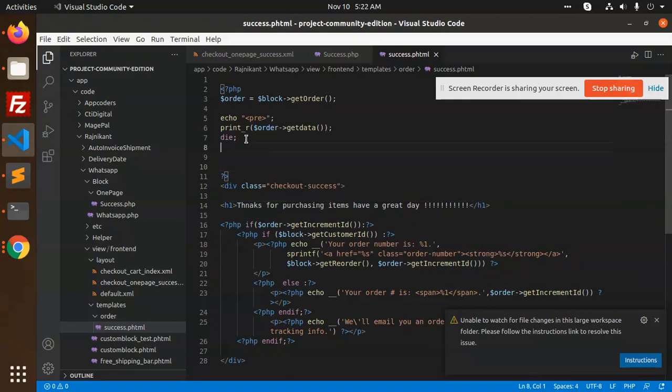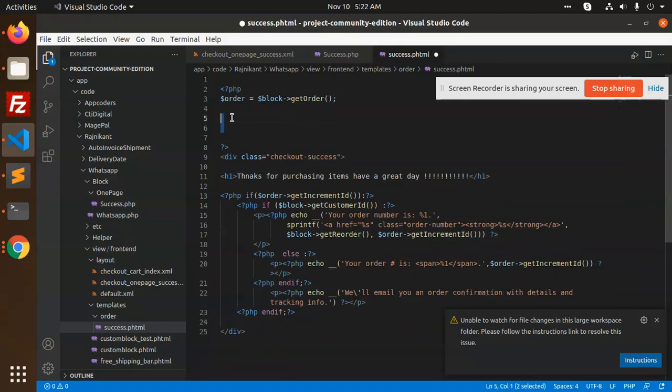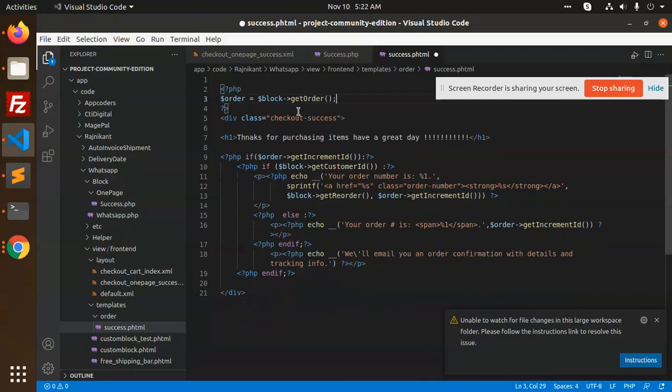I'm adding this block, because we need to go to the success.phtml for that.